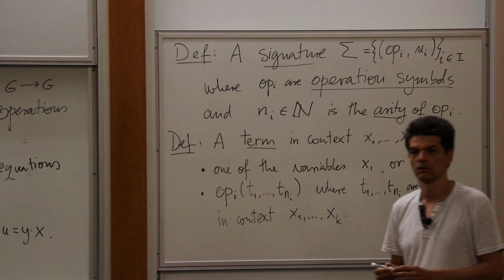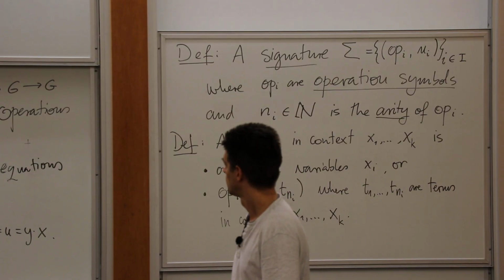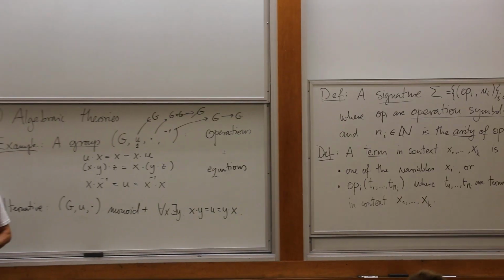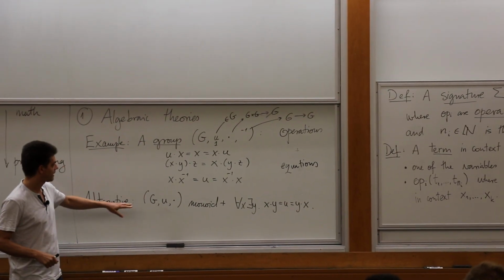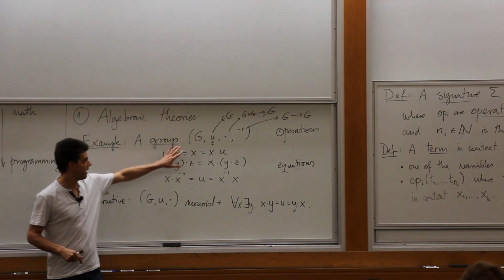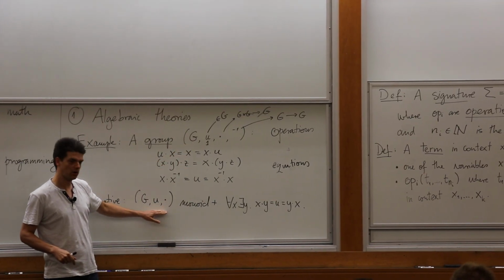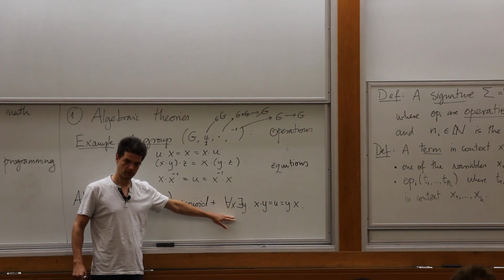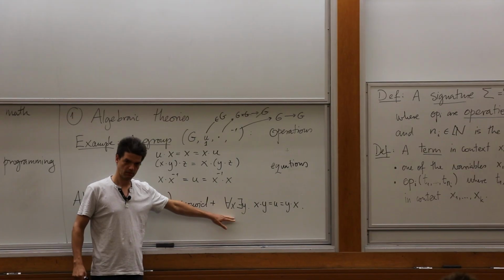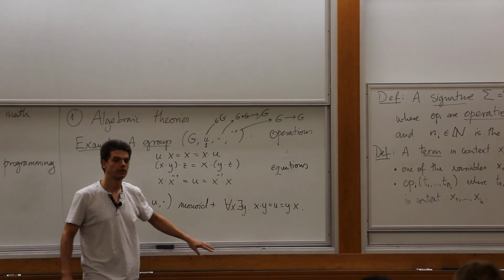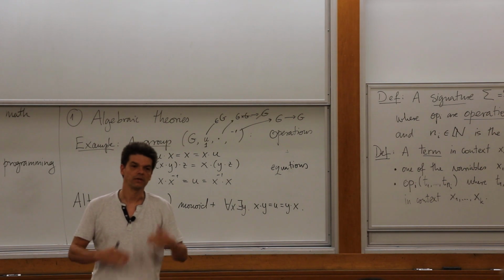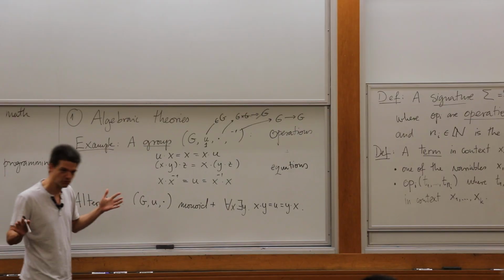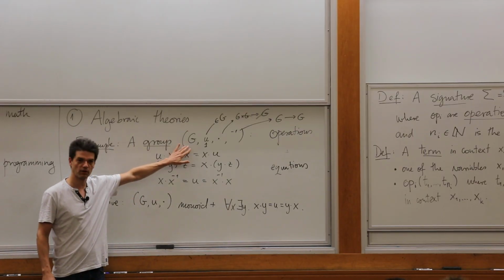Yes? I do not understand how for all x there exists y is removed by having a. Sorry? So you said these both are equivalent. Yes, so what I claim is that, first of all, if you have a group, then it is also a monoid with this property. Okay, that's the easy direction. What's the intuition? Well, actually it's not a complicated proof. So let me tell you the proof, and then you'll tell me what the intuition is. Okay, here's the proof. If I have a group, then first,